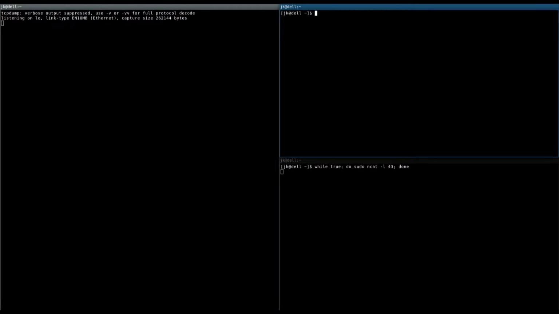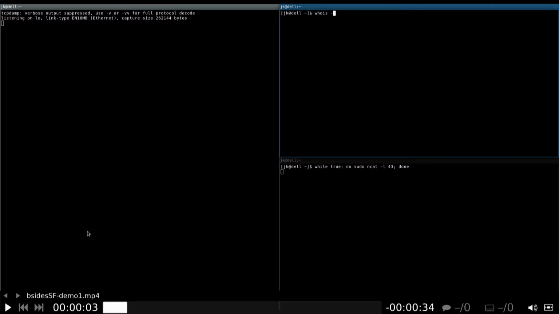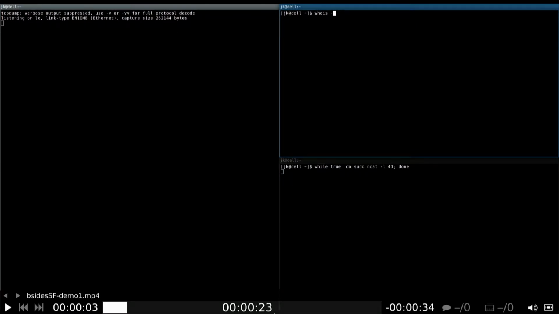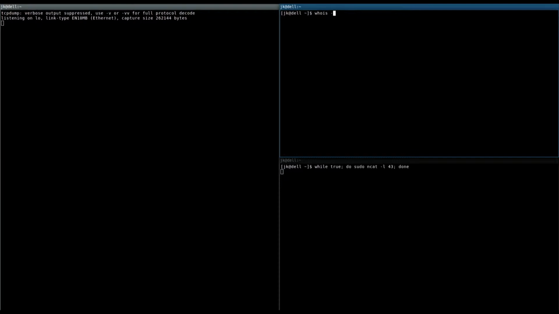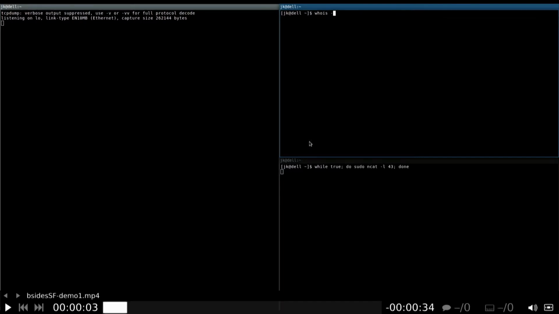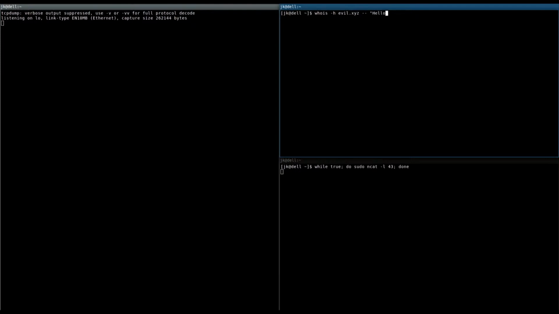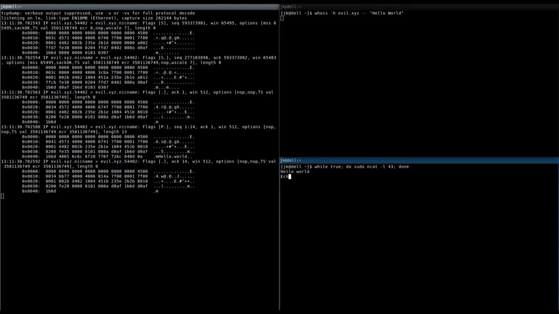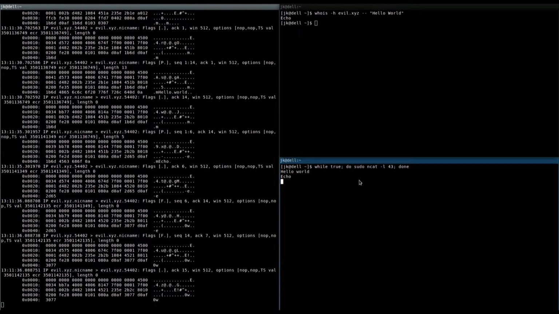So just to walk through, what we have on the left over here is just a tcpdump, so we can display packets being sent. Down to the right is a simple netcat server that's listening, and then we're going to use Whois to send data. The way you can do this on the command line is you just provide it with two dashes, and anything after will be sent as the query. So you can see it returned on the server side, and the server can reply, and at this point,